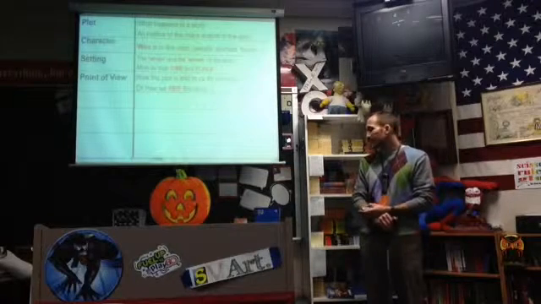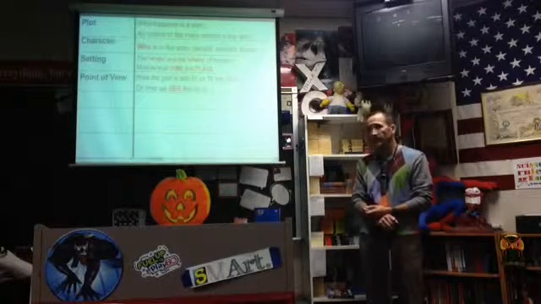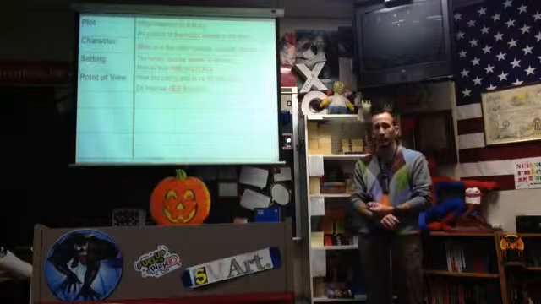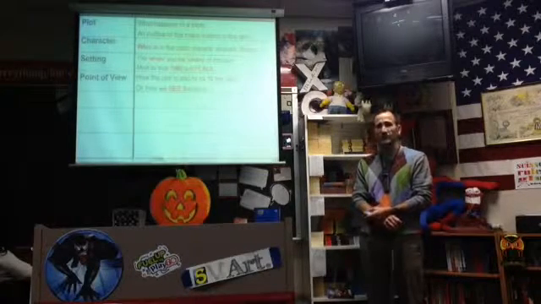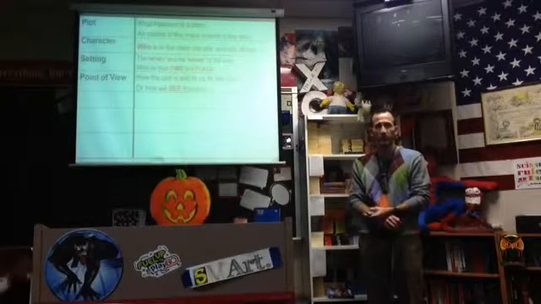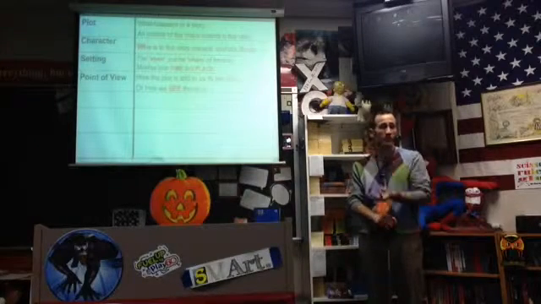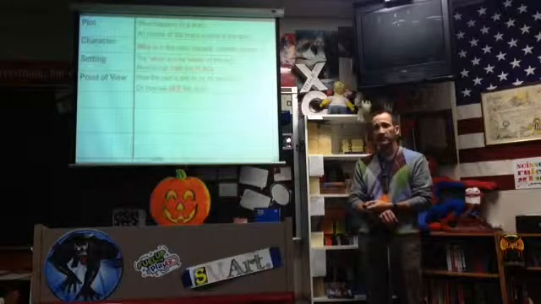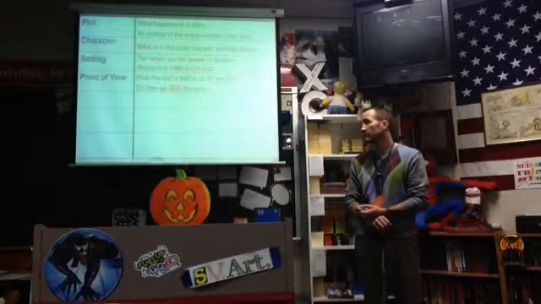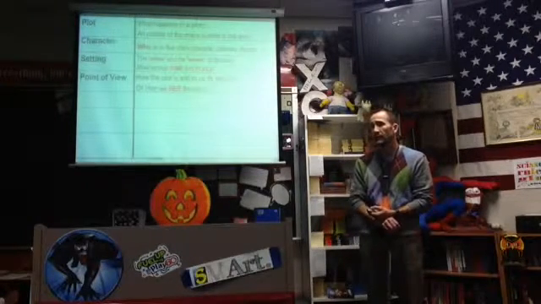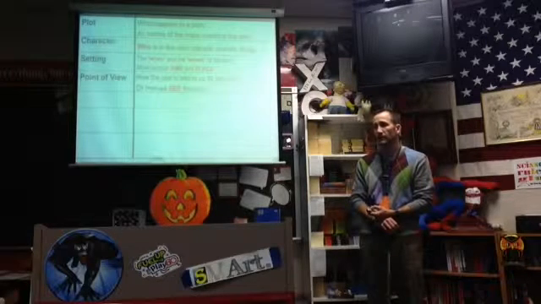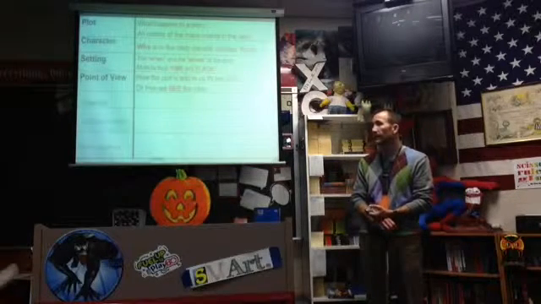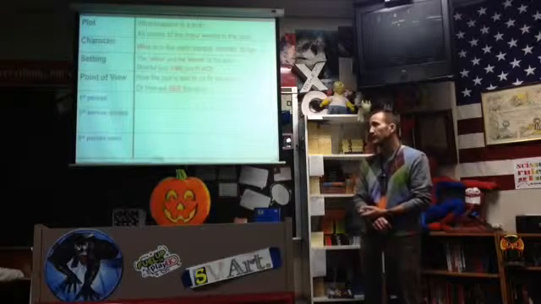There are 3 different types of point of view that we're going to take a look at, which are the ones you have listed down below. It says first person, third person limited, third person omniscient. Mr. Brovicast, you forgot one. Second person, which we're not going to use. That's why it's not on there. The second person is the one that we don't do. We're going to get to omniscient in just a moment. First person, third person limited, third person omniscient.